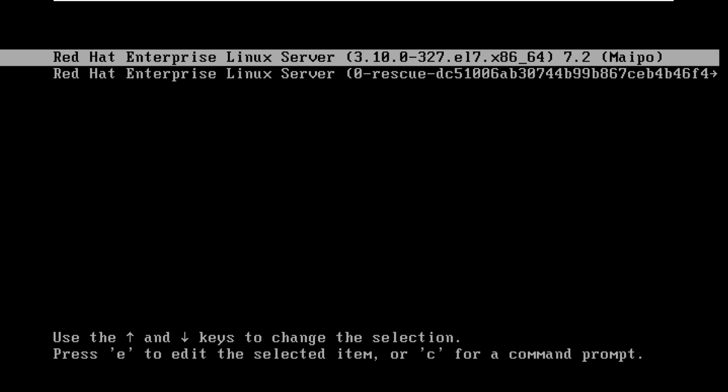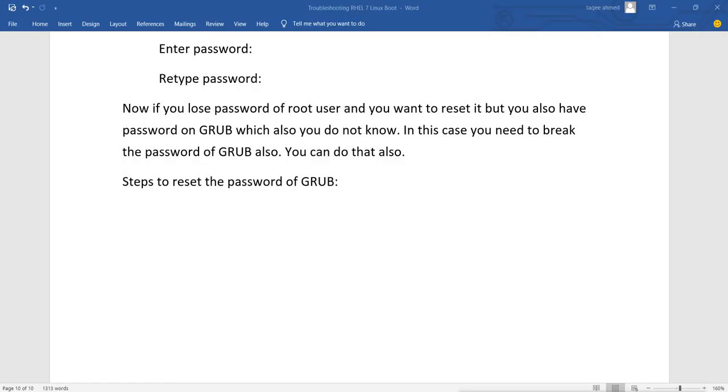So the first step is to insert the installation media, your CD, DVD, or even your flash drive.